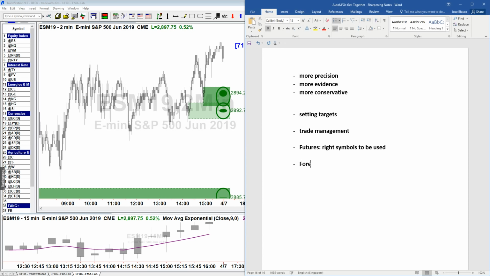Forex. When it comes to Forex, there is another thing that we need to discuss, which is the fact that Forex is non-centralized. This has advantages and disadvantages, like everything in life. Everything has pros and cons. The beauty of Forex being non-centralized is that you are trading the biggest market on the planet, because you are not limited to a city or one exchange. Sorry, it's the biggest market on the planet, not exchange.